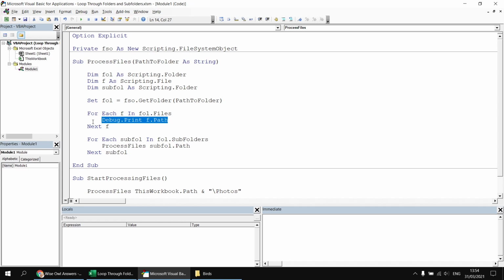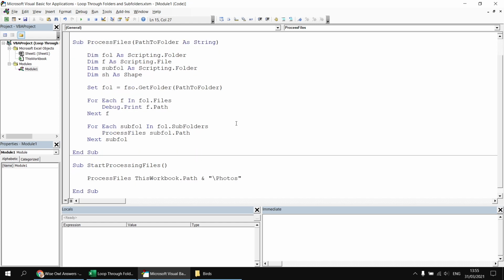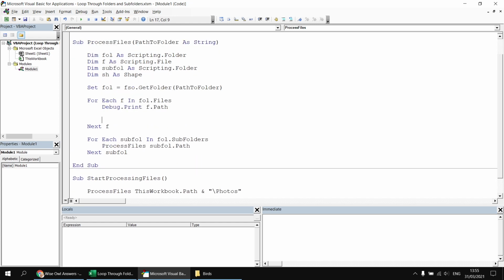If you are interested in inserting pictures into an Excel worksheet, then we'll go through a few techniques you need to know. So the first thing I'm going to do, because I'd like to be able to manipulate the picture I'm going to insert, I'm going to declare a variable to capture a reference to it to make it easier to manipulate afterwards. So I'm going to say dim sh as shape. Then, after printing out the path of the picture,